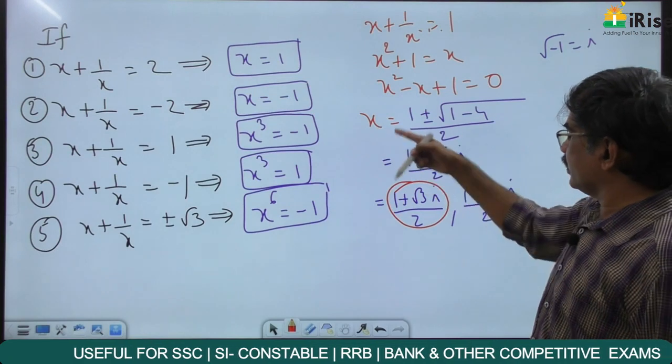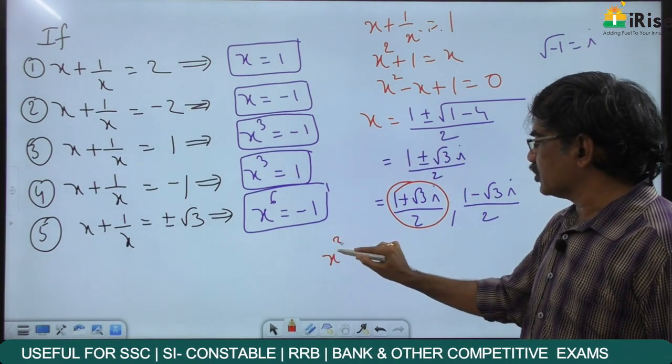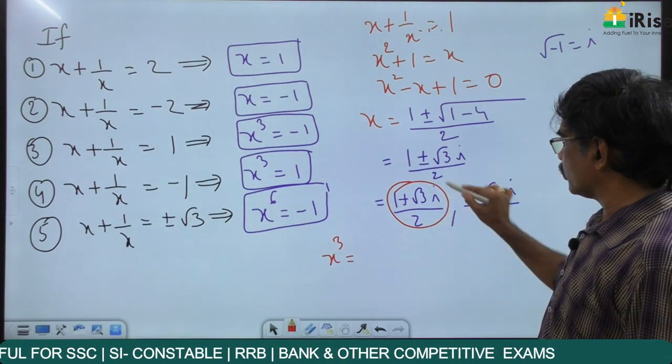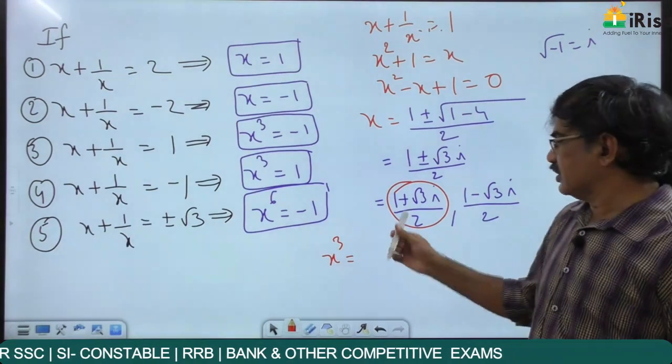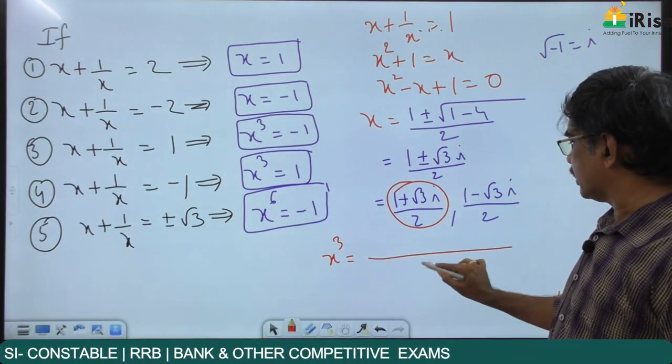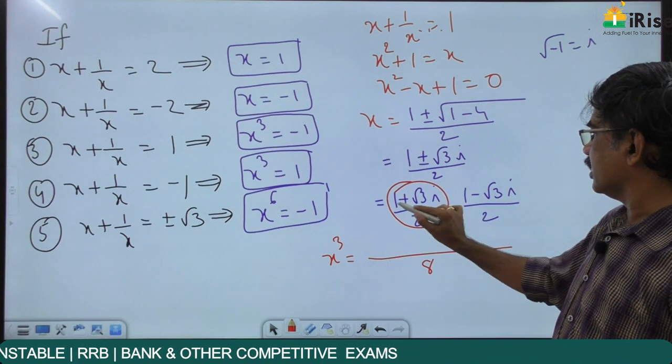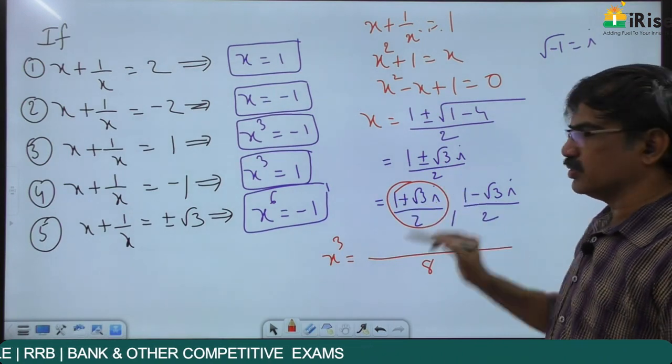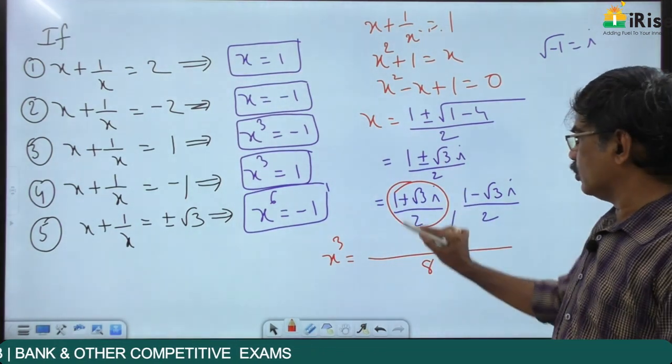But if x is given, then what is x cube? I want to consider this one as x. If this is x, what is x cube? Denominator is 8, 2 cube is 8. (a plus b) whole cube. This is a, this is b. What is (a plus b) whole cube? a cube